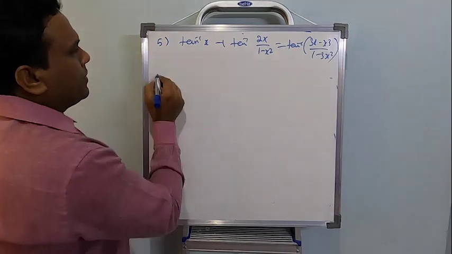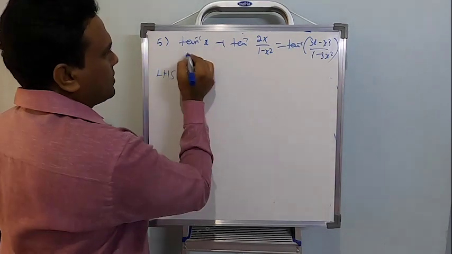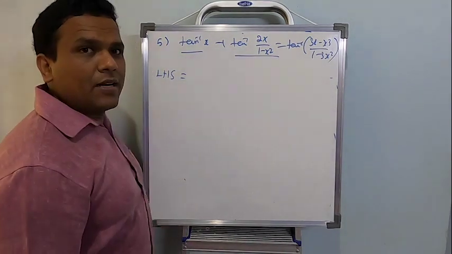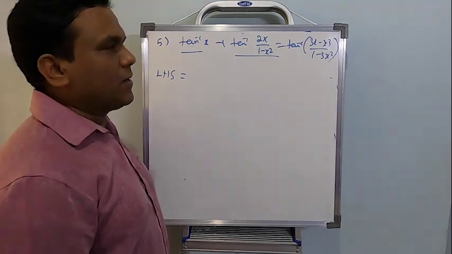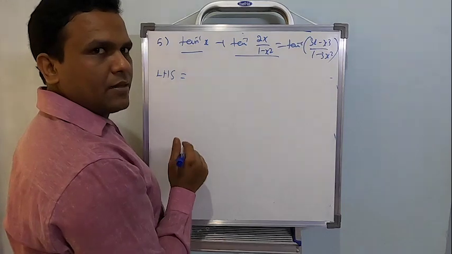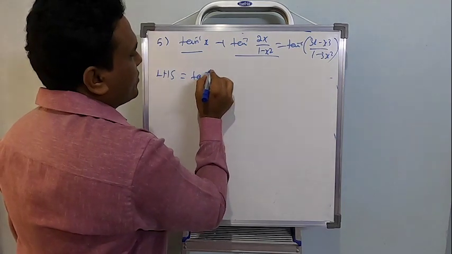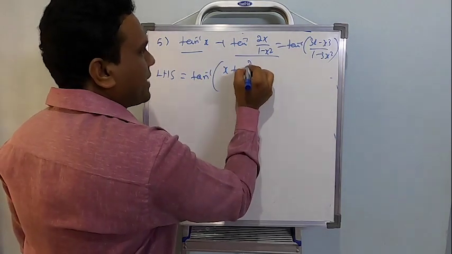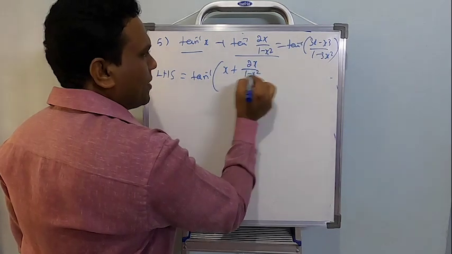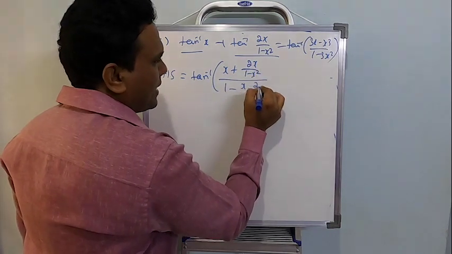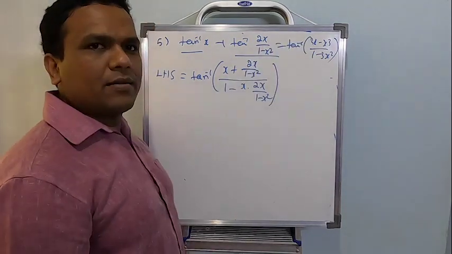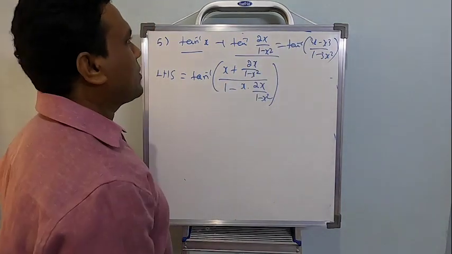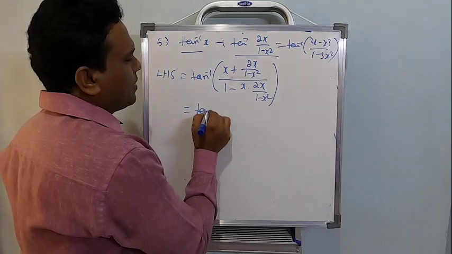A simple one. We'll start with LHS. Look at this. When I see the left hand side, easily I can recognize it's in the form tan inverse x plus tan inverse y. So let's apply tan inverse x plus tan inverse y. Tan inverse x plus tan inverse y is given by tan inverse of x plus y by 1 minus x multiplied by y. I should simplify to get this required answer. That's it. It's so easy for us. So let's go for it.